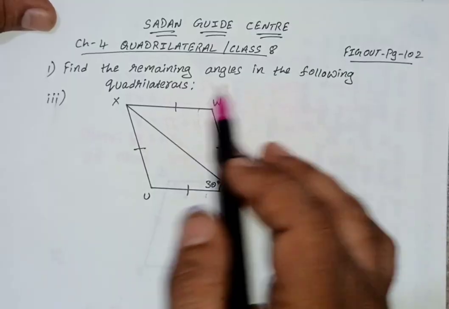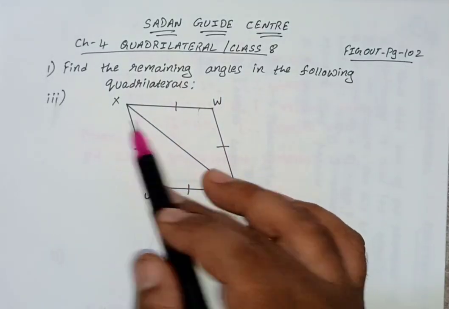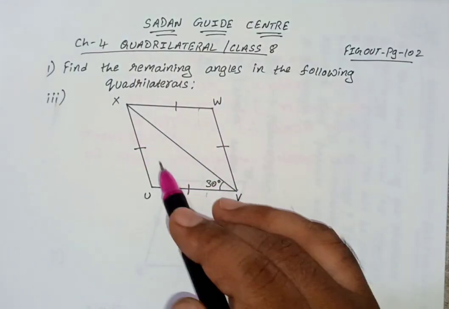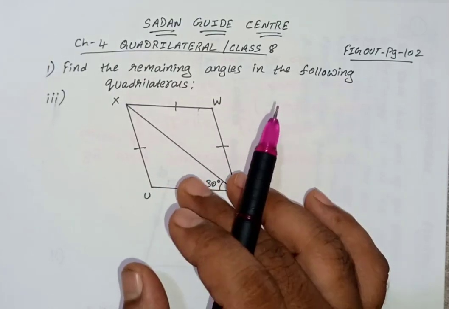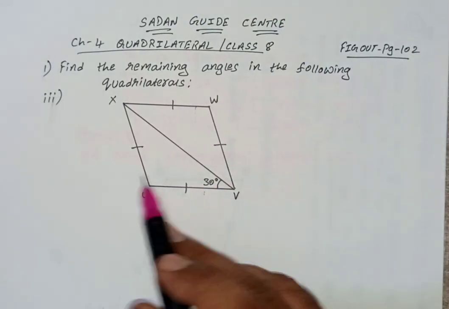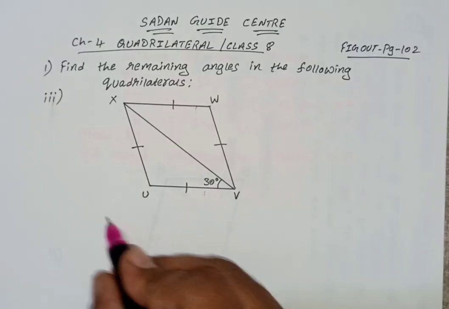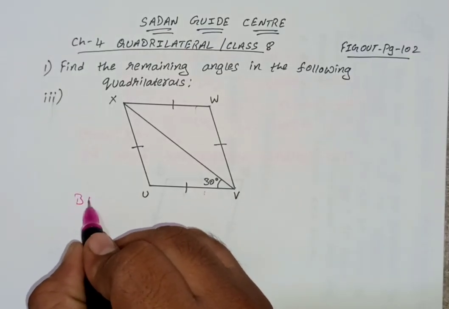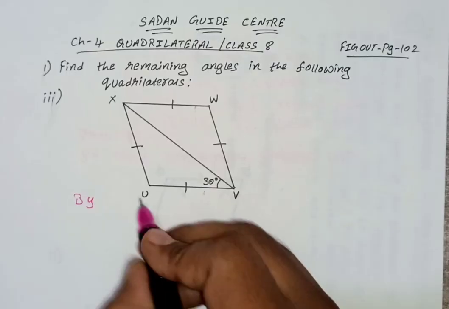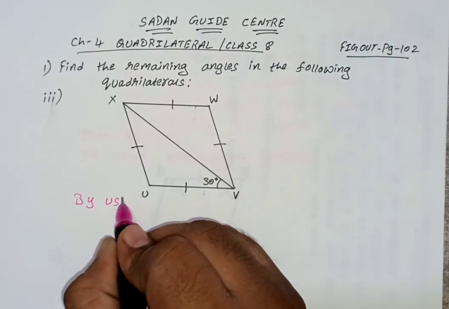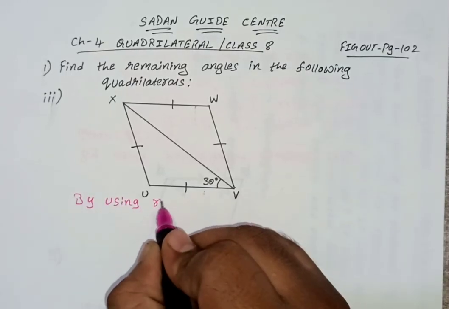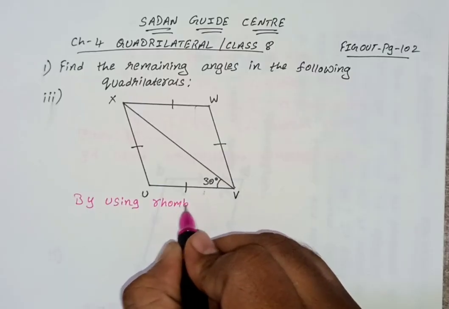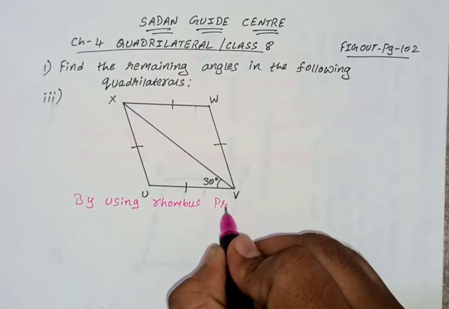Find the remaining angles in the following quadrilaterals: X, W, U, V. As we have seen in the previous part, that is the parallelogram property. Here in the same way we will use it. This is nothing but the rhombus, right? So by using rhombus properties,